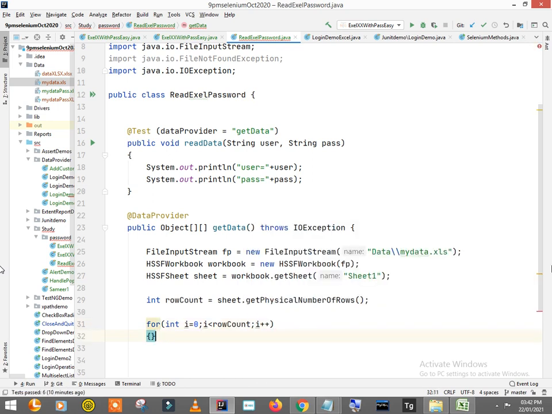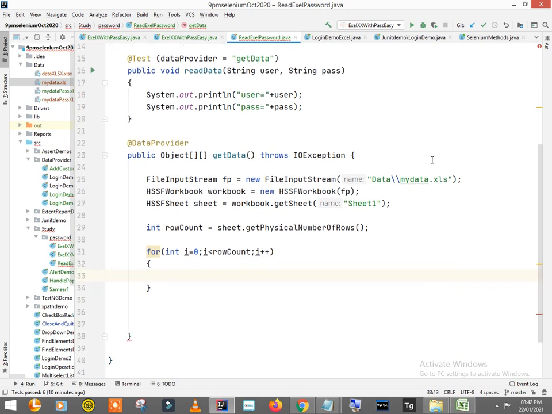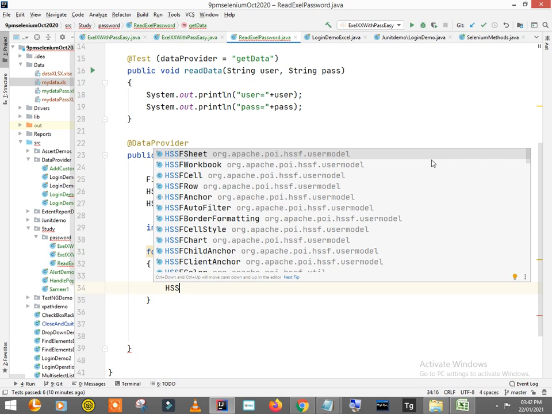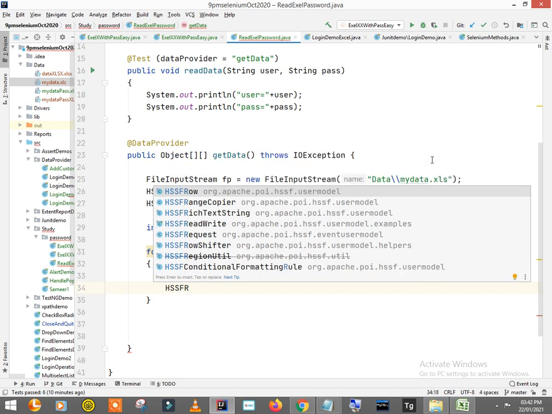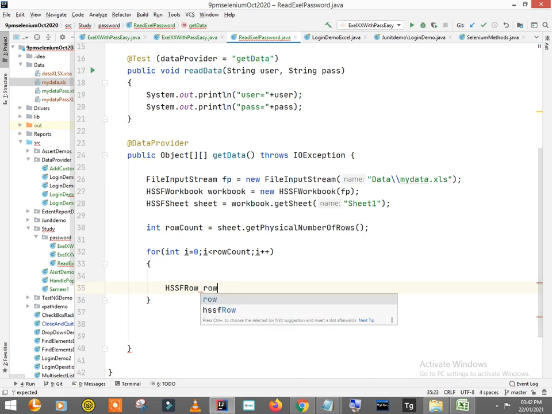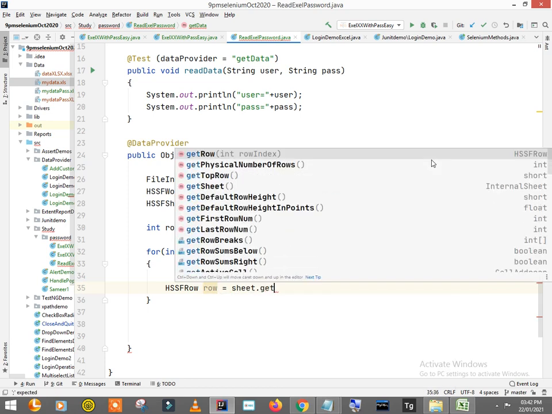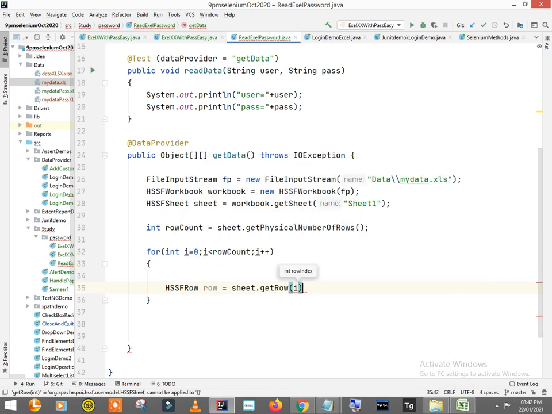Inside this we are going to read the row first. So HSSF, let's say row, HSSF row is equal to sheet dot get row and pass I over here.